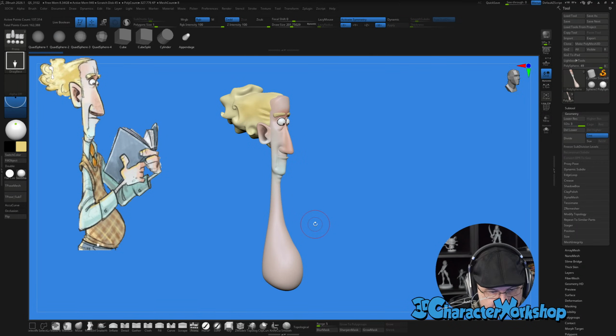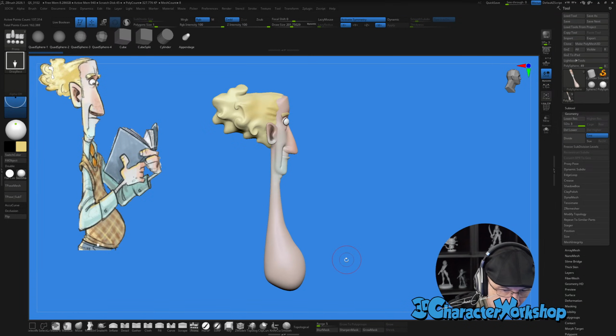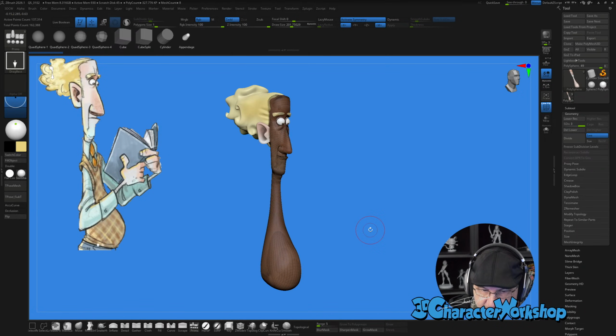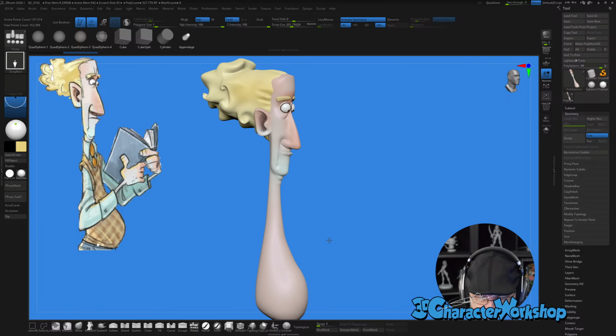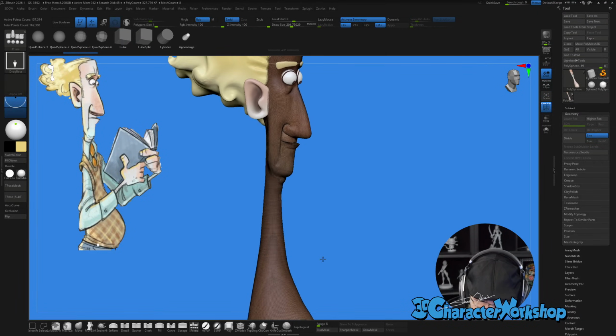Now I'm gonna make his arms, but he's got levels of geometry. I'm gonna go ahead and delete the lower ones. It's gonna make him really dense, but that's okay.